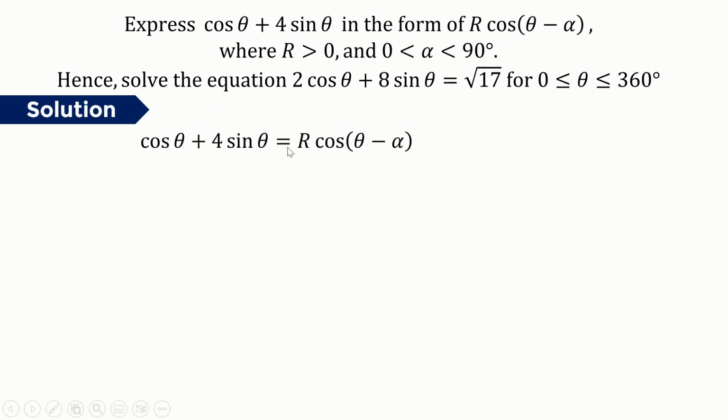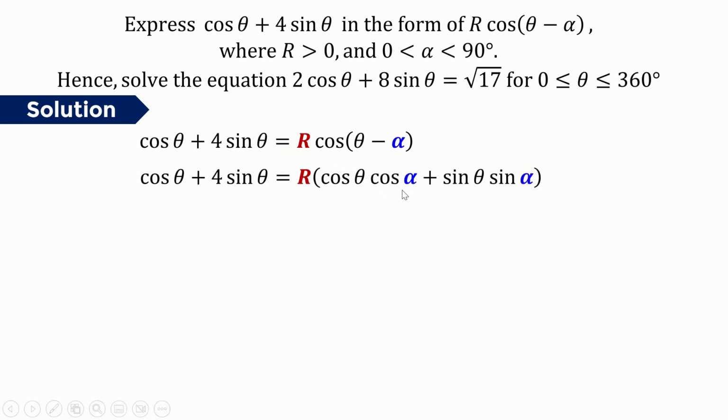we want to form it in the form of r cos(theta minus alpha). So we want to find the values for r and alpha. First we can expand cos(theta minus alpha) using the compound angle formula. So cos(theta minus alpha) is equivalent to cos theta cos alpha plus sin theta sin alpha. Then we multiply r to both terms, and compare the left hand side and